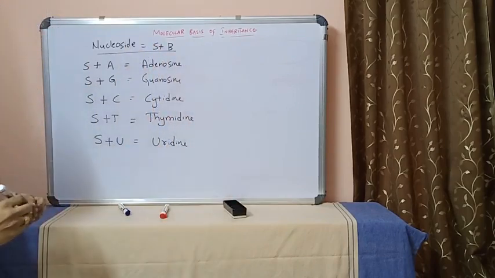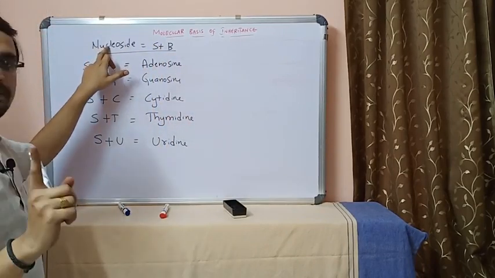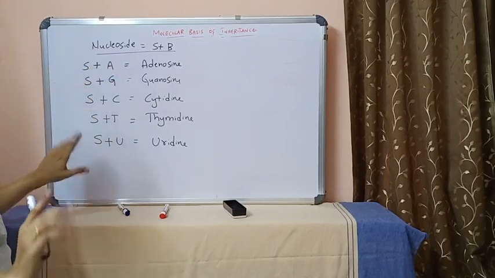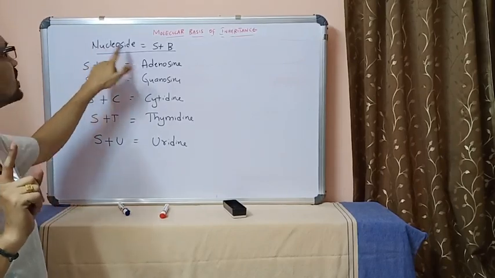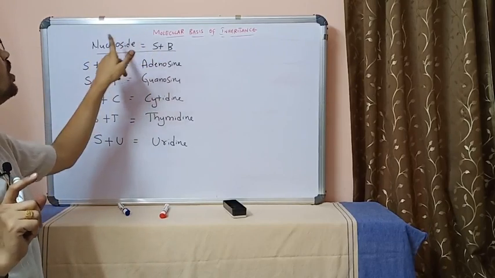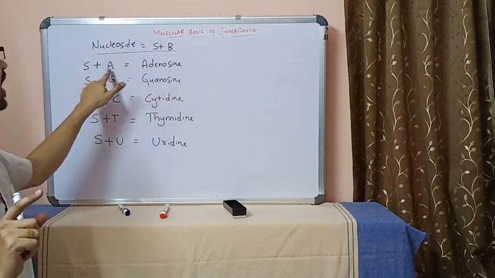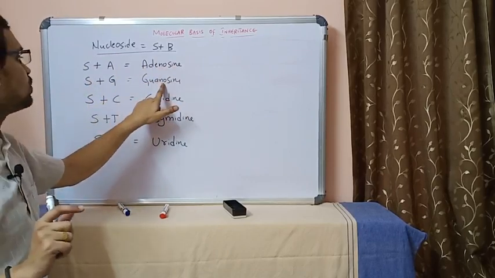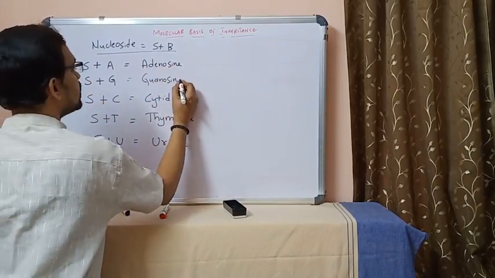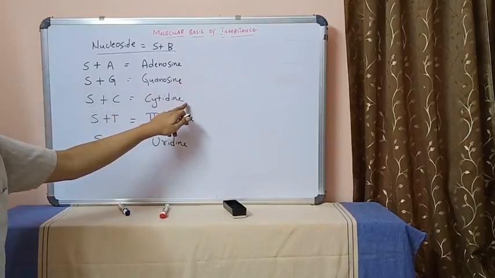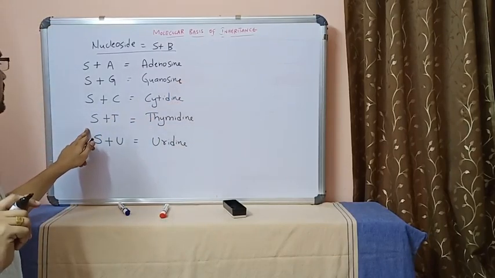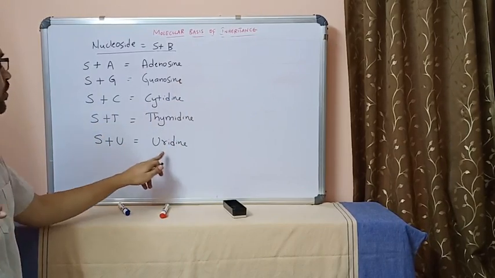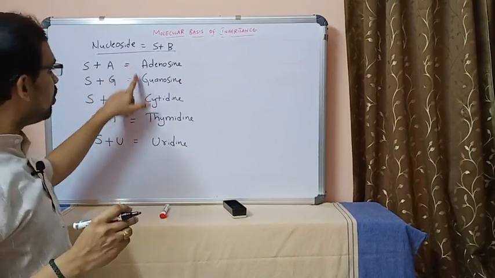So how many nucleosides are there? Please remember, in case of nucleoside, no phosphate. Only sugar and base is called nucleoside. Sugar plus adenine, adenosine. Sugar plus guanine, guanosine. Sugar plus cytosine, cytidine. Sugar plus thymine, thymidine. Sugar plus uracil, uridine. If you keenly observe all these different types of nucleosides,